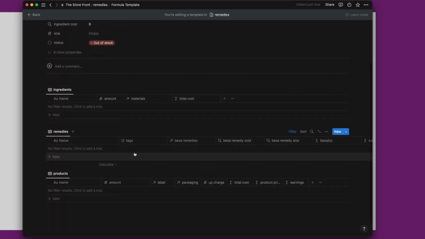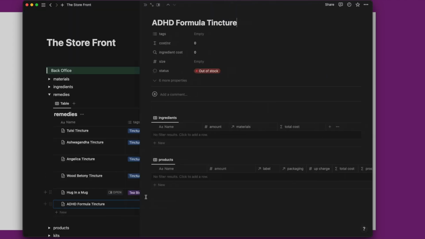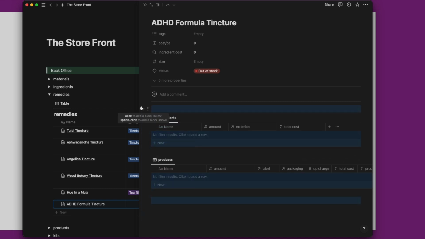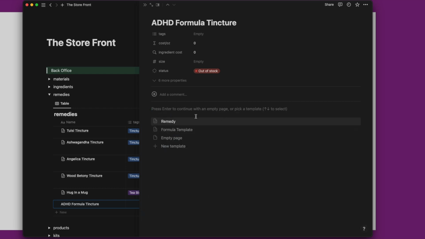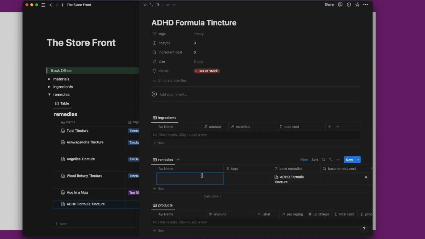All right, so let's go back to that ADHD formula. Let's go ahead and delete this. So if you delete the content of a table, it brings you back to this state where you can then apply a new template. So this is perfect, especially if I'm not adding in other content other than the base thing that's in the template. And now for this remedy, I'm going to go ahead and